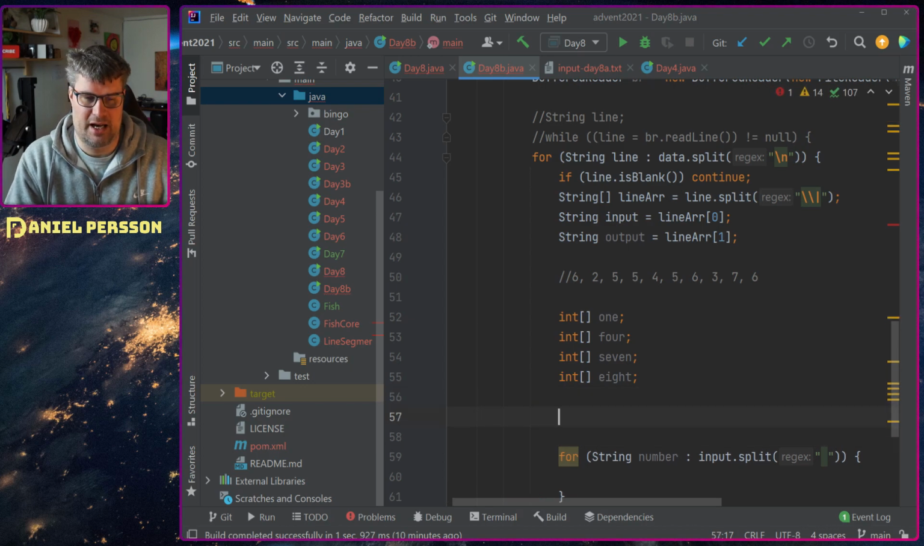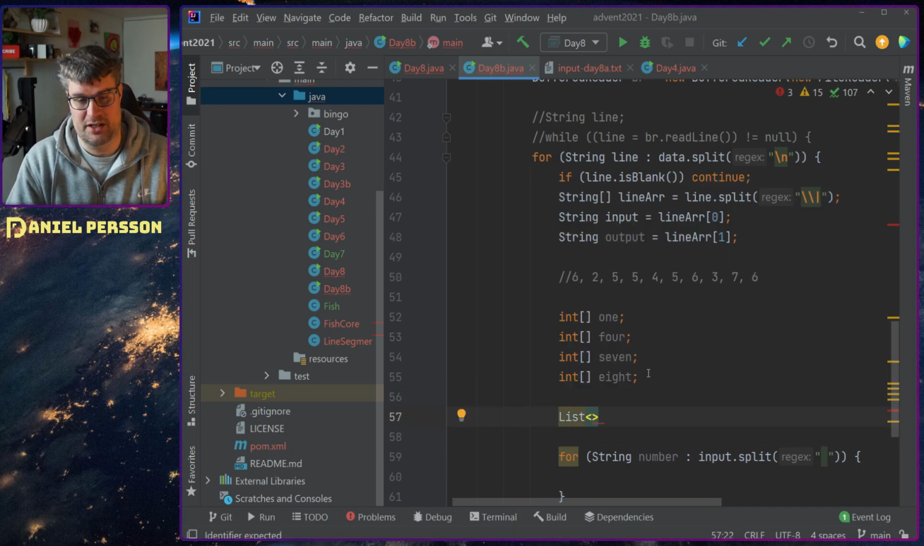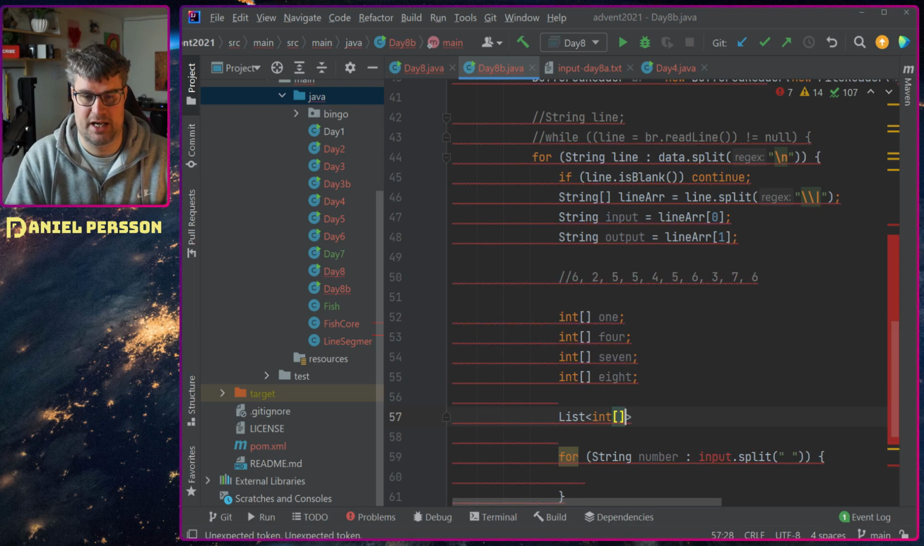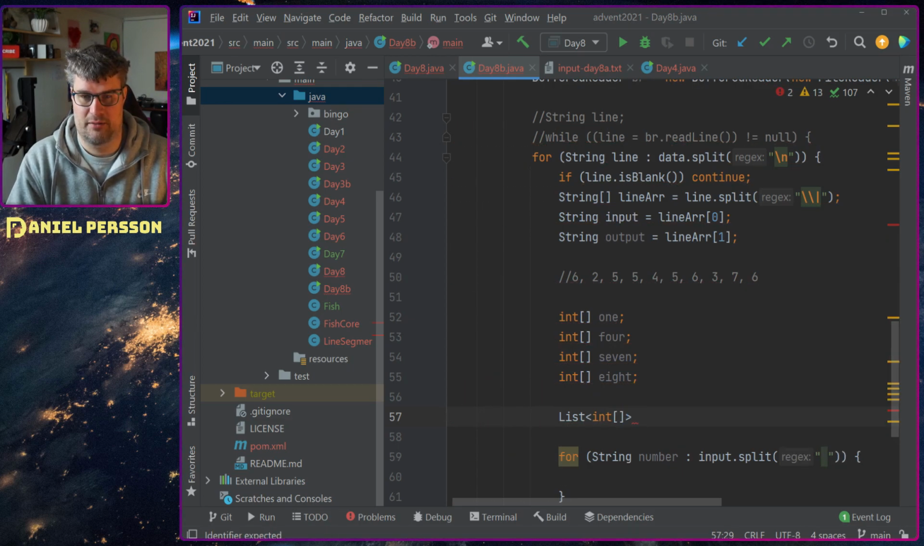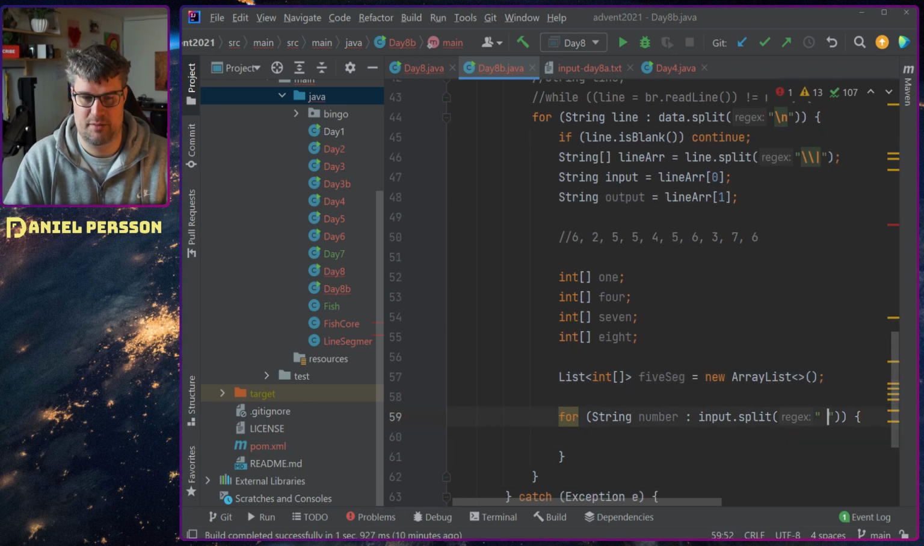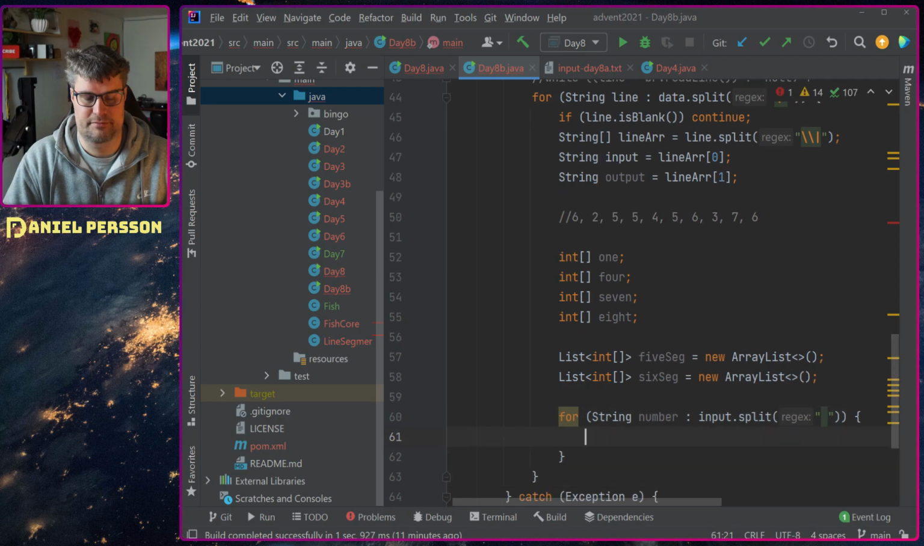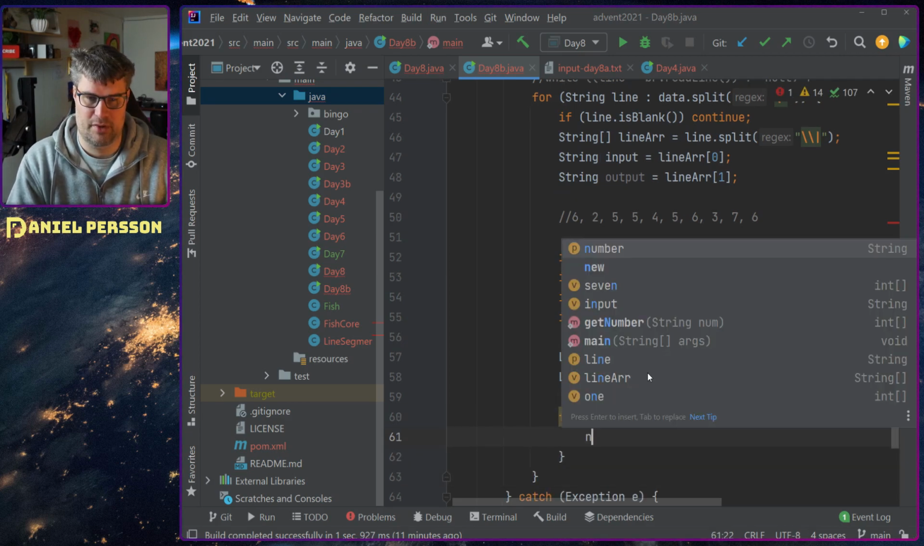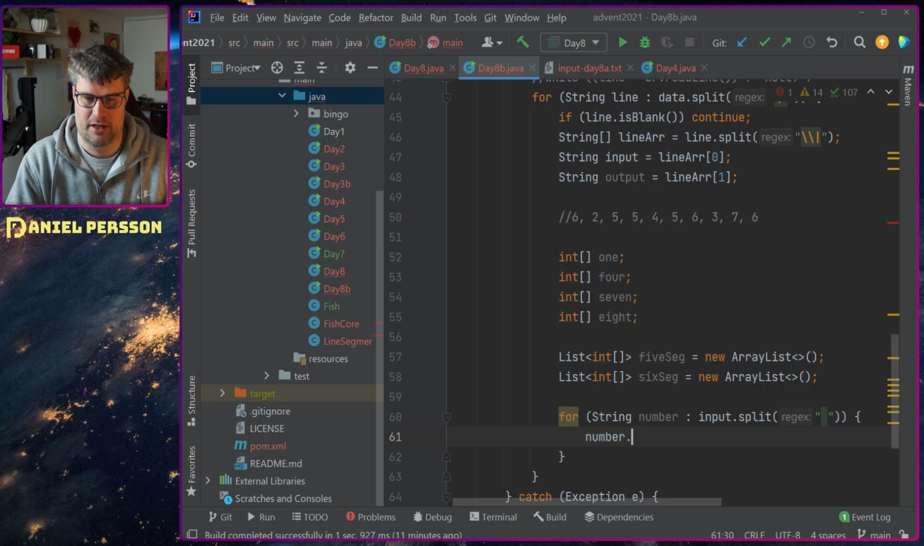And then we will have a list of potential values. So that's 5 segments, array list. So that's the one with 5 segments. And then we will have a list of ints with 6 segments. New array list. So if number length is equal to 2,